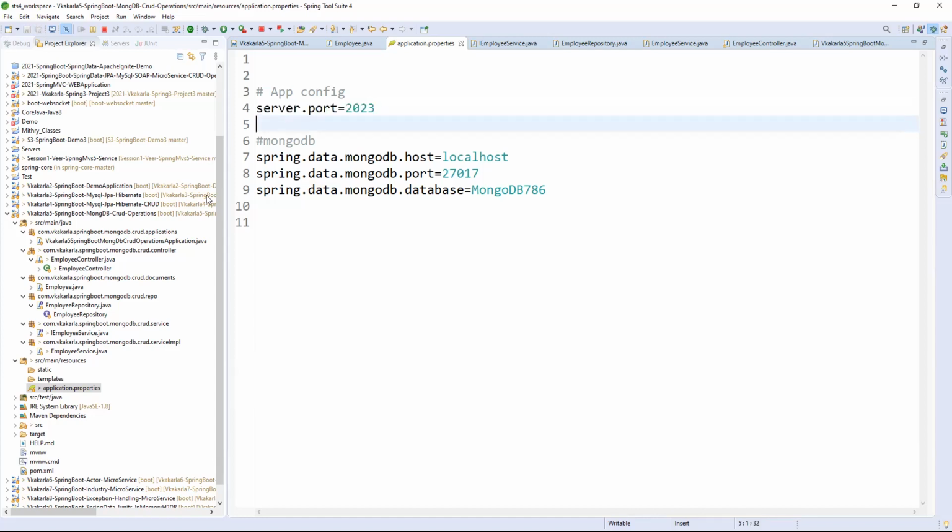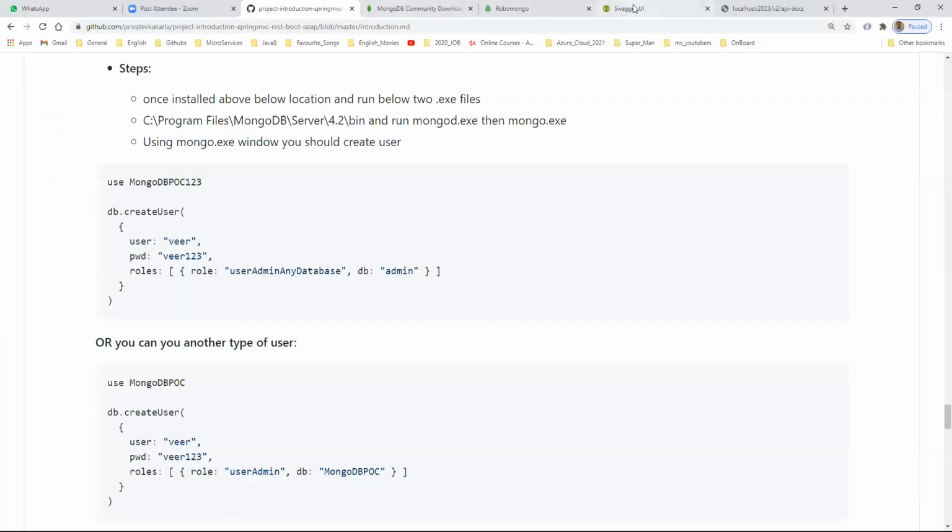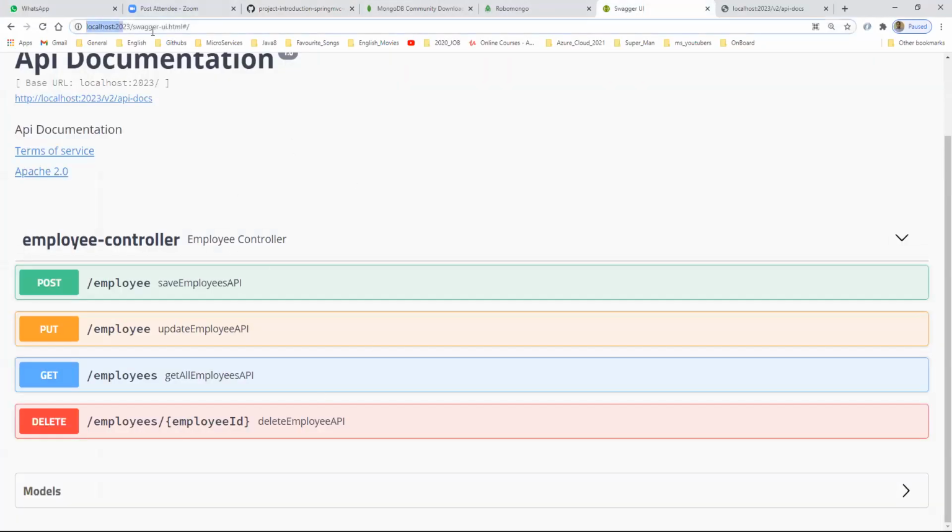You should not call it the Swagger port number. Internally it comes to the embedded Tomcat server, and the Tomcat server by default has port number 8080. If you want to change the port number, we can define it here. Swagger is the dashboard of our application, not a Swagger port number. This port number is related to our application, and Swagger is simply a dashboard for calling our application. Okay, sorry, I just got confused. No issue. Whenever you are confused, you can ask me, and I will explain very clearly.